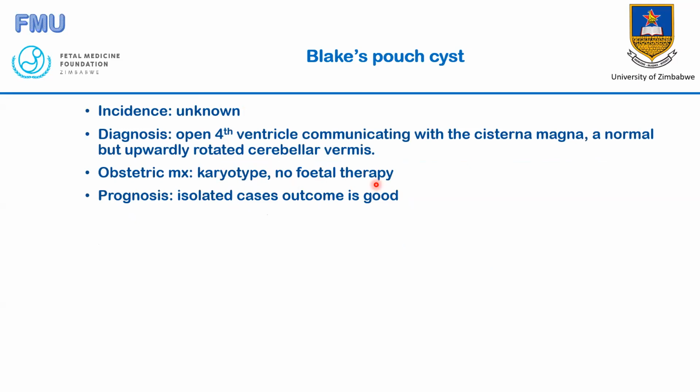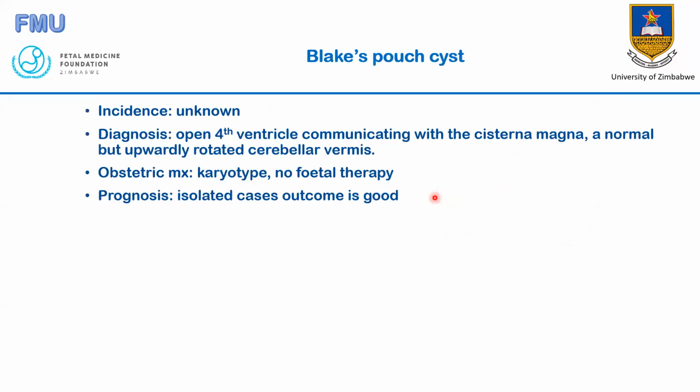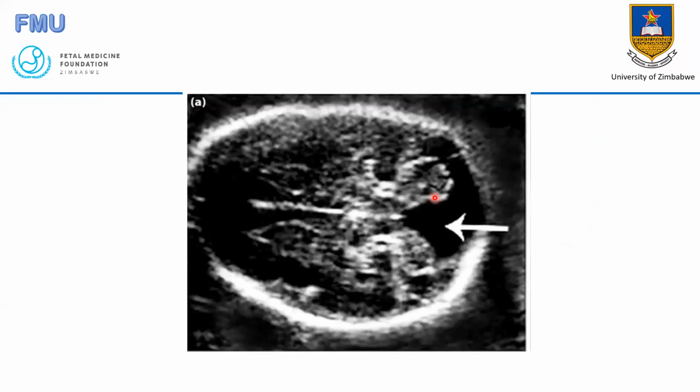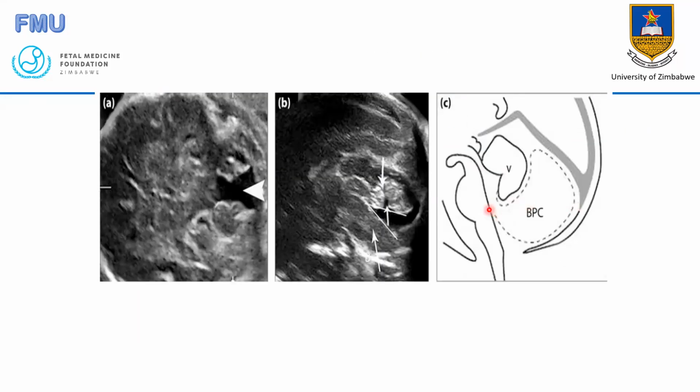Whenever we see it, of course, we offer karyotype, and the outcome is very good in isolated cases. What happens is that you can see the position of the vermis now, how it is compared to the other image. Yeah, you can see that in this case, the vermis is really pushed upwards in Dandy-Walker malformation, but in Blake's pouch cyst,